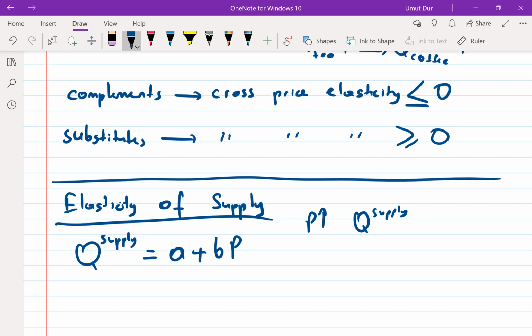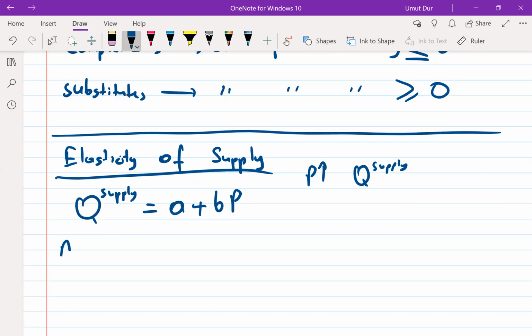If you would like to understand the exact effect of the change in the price, we will be using supply elasticity, and we denote supply elasticity with the Greek letter eta. It is a fancy n, and it is basically the